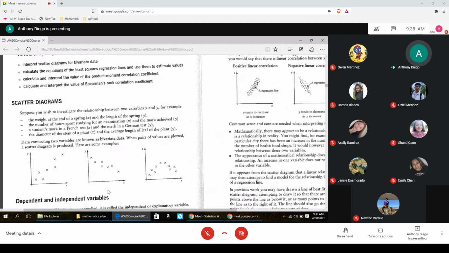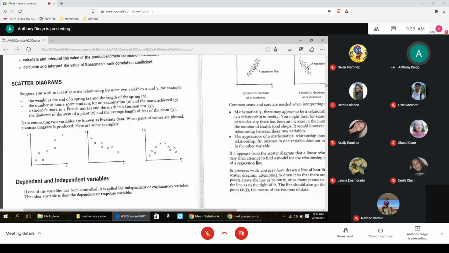Now here, these are the different diagrams, and on the other page, they explain it much better. Whenever we are connecting two variables, they are known as bivariate data, and we can plot this, depending on the experiment or the investigation you are carrying out, and you will get what is known as a scatter diagram. Sometimes we call it a scatter plot. This is a scatter diagram, and you can notice here that